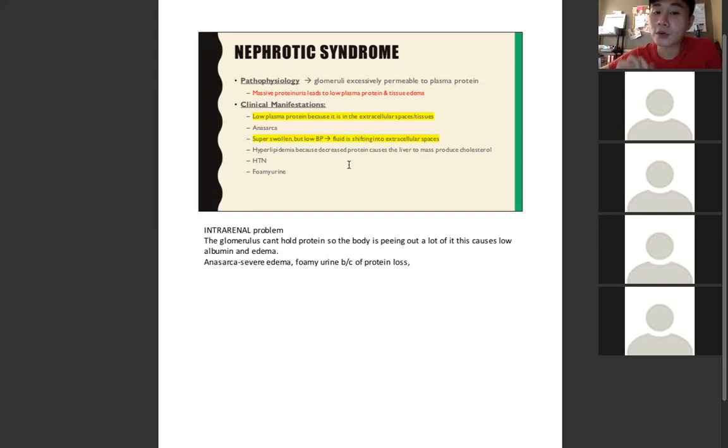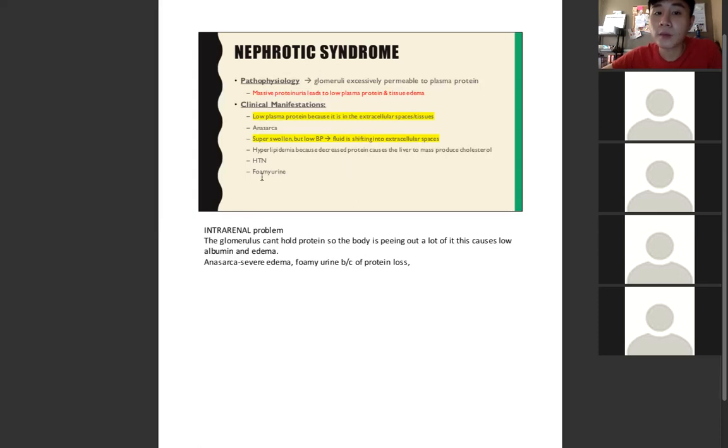Hyperlipidemia, because decreased protein causes the liver to mass produce cholesterol. So whenever the liver senses in our body that we don't have enough protein, it will go to a state where it produces a lot of cholesterol, and the patient will end up with hyperlipidemia. And then